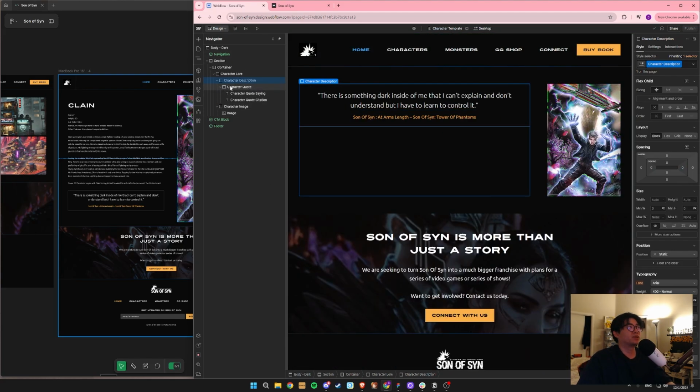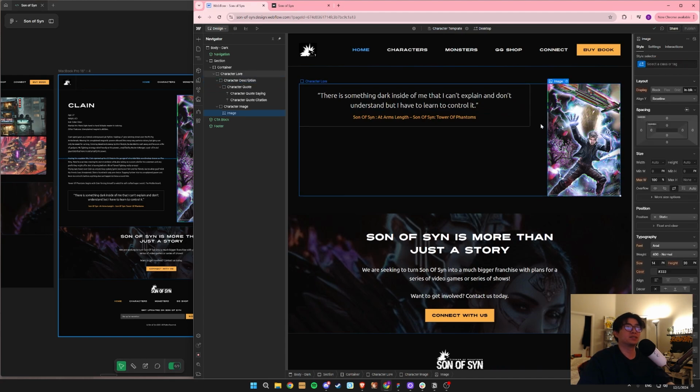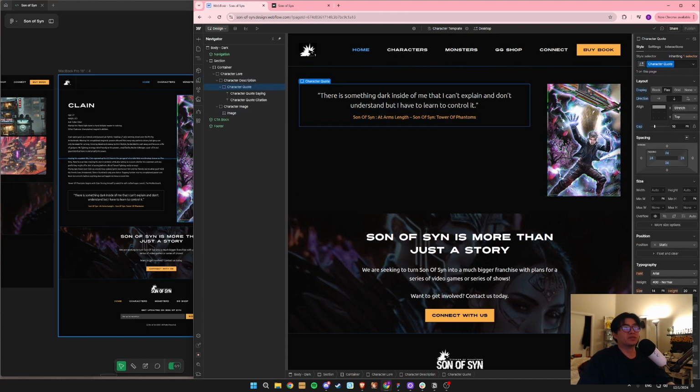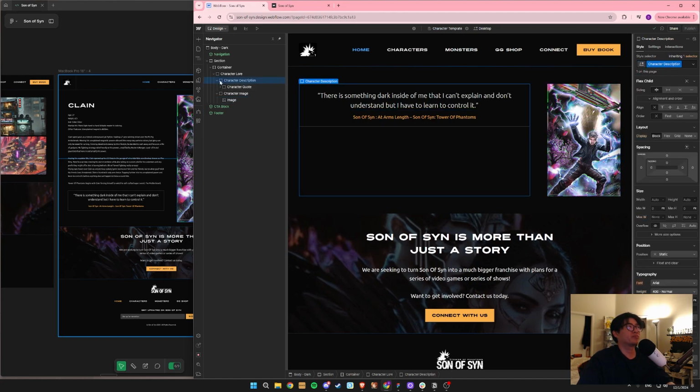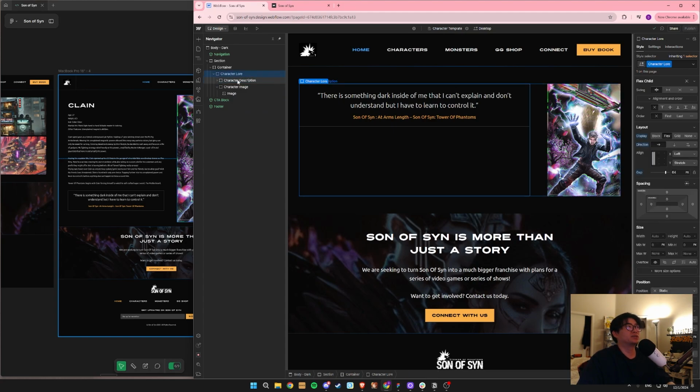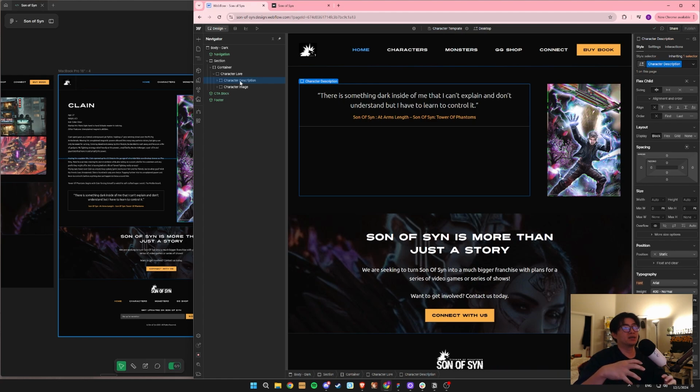Awesome. So now the last thing to do, and don't worry about the image going left and right, it's because Webflow doesn't know what it's doing sometimes with some default values. So what we're actually going to do here is on character description, because character description and image are within a flex layout, now we have additional ways to tell how big these elements are within the layout. That's why you see this flex child